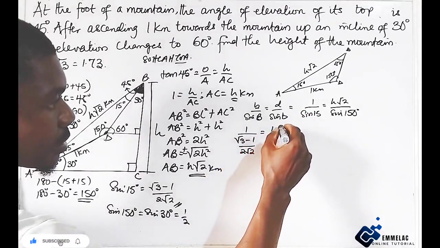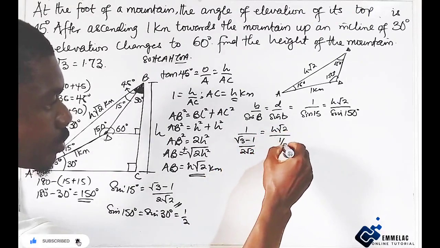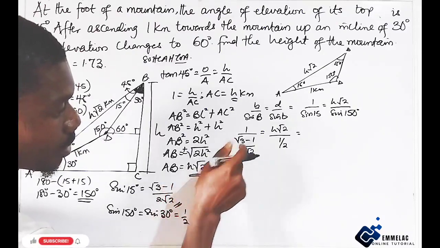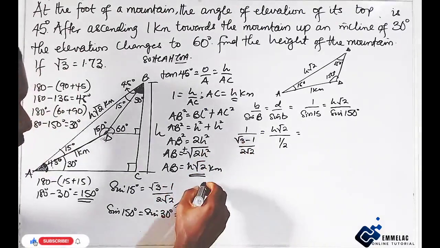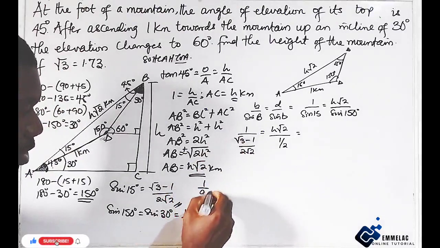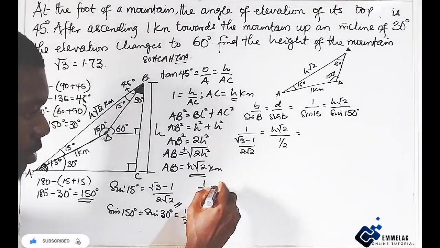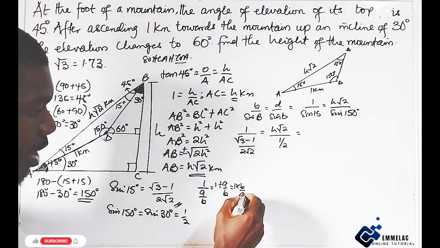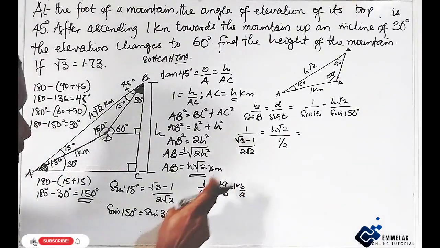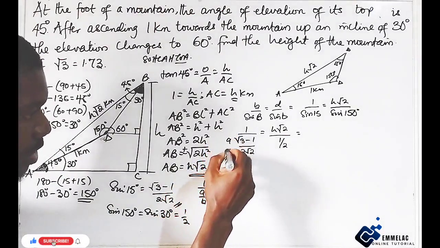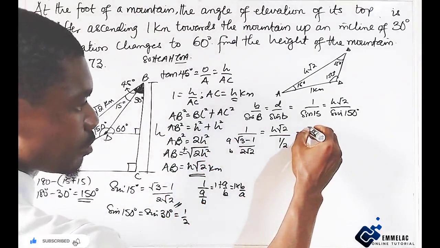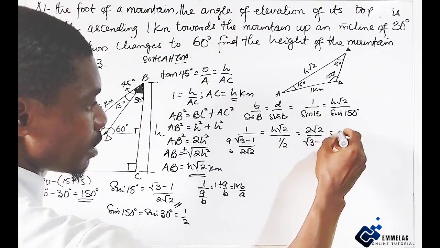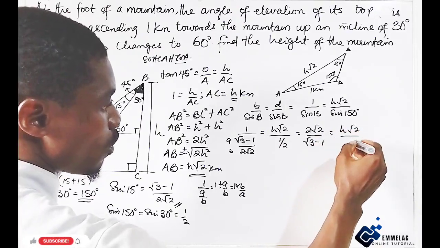then equals h root 2 over 1 over 2. For us to resolve this, just flip it over. This is just like saying that 1 over a over b gives us 1 divided by a over b, which gives us 1 times b over a. Representing this as our a and this as our b, we should now have 2 root 2 over root 3 minus 1 equals h root 2 over